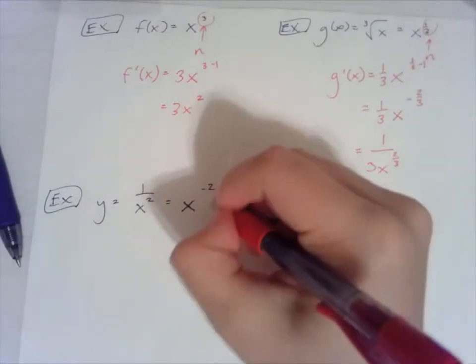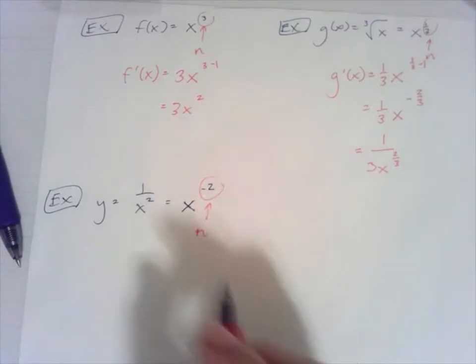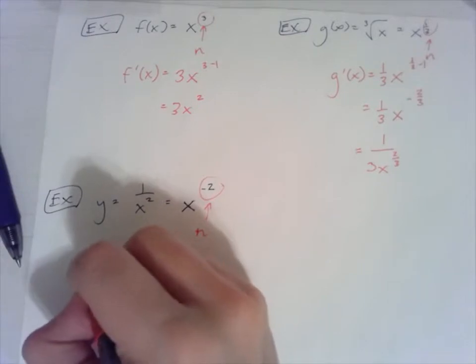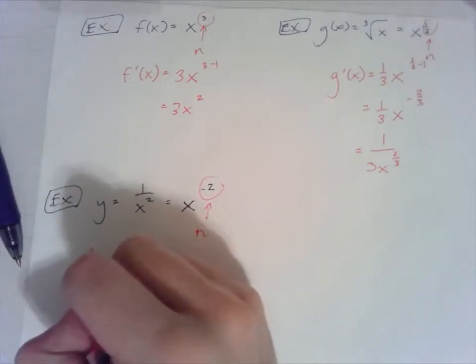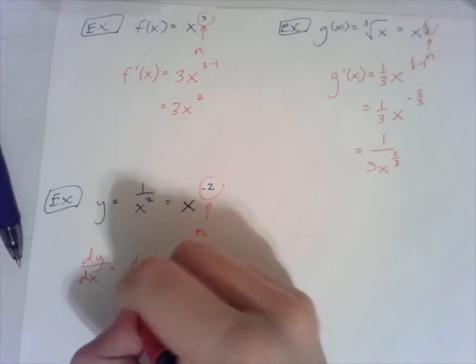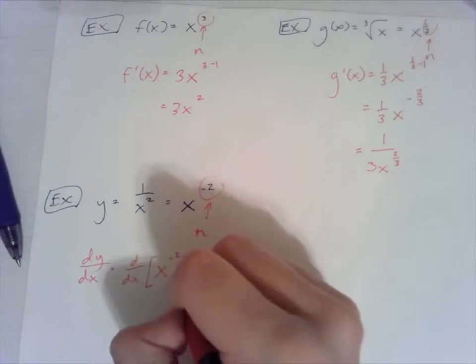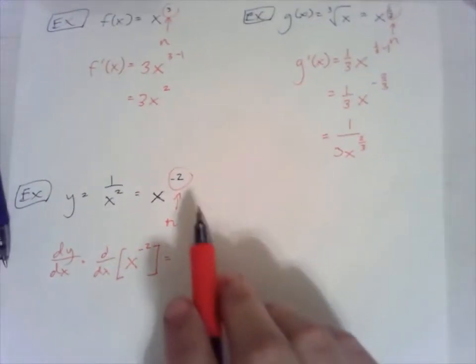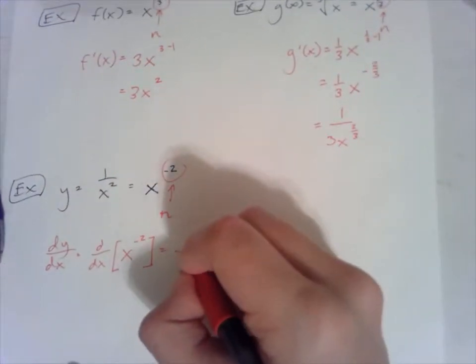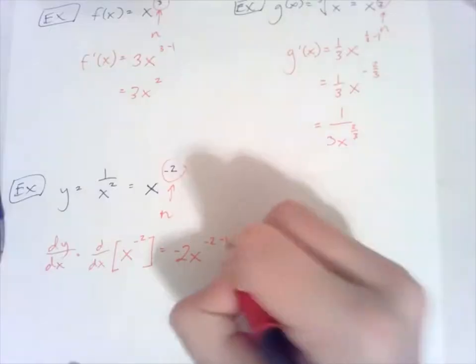That tells us that our n is negative 2. So when we find the dy dx, that means we're taking the d dx of x to the negative 2. And so then we take that negative 2 and we put it in front, and we say x to the negative 2 minus 1,